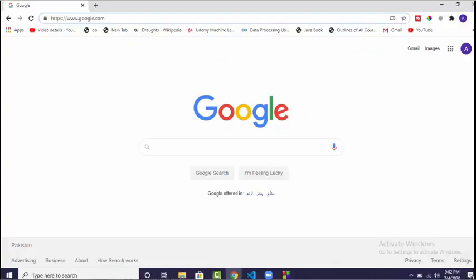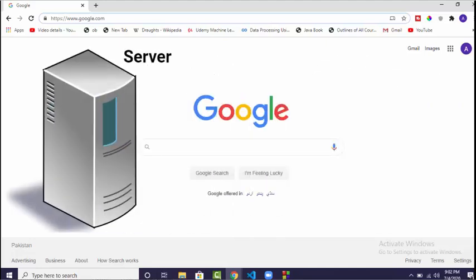So whenever we create any website, we need to deploy it on a web server. So why do we deploy our website on a web server? Because we want our website to run continuously and not shut down anytime. So that's why we buy server hosting and then deploy our website on that. So whenever users search anything related to our website, our website will be ready to serve the user.